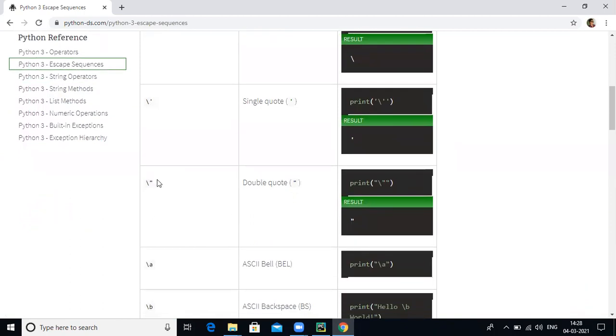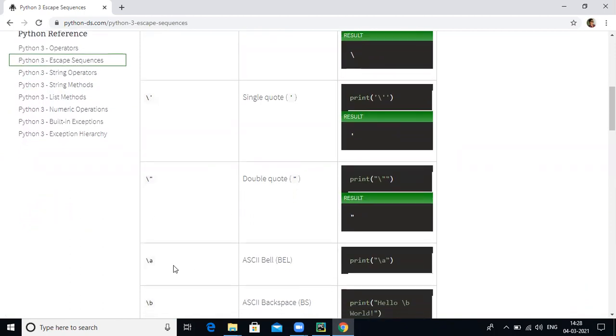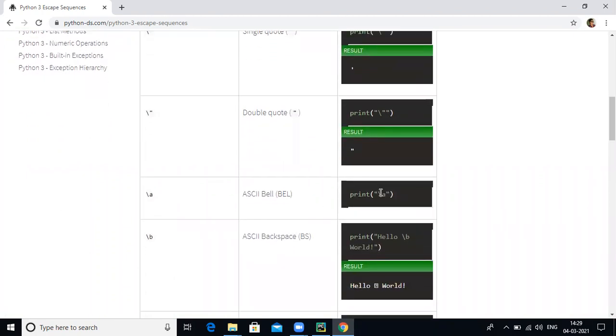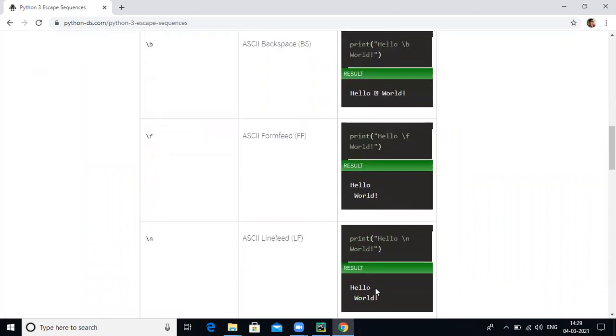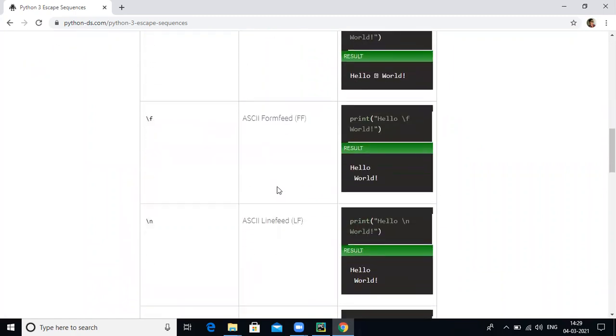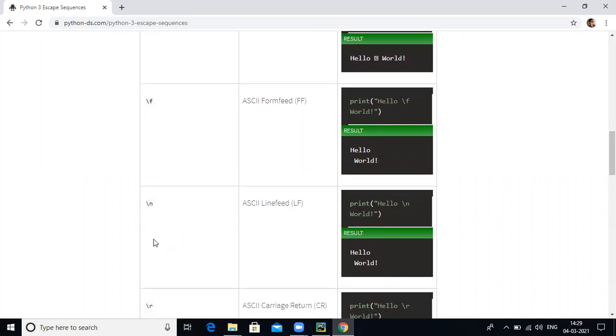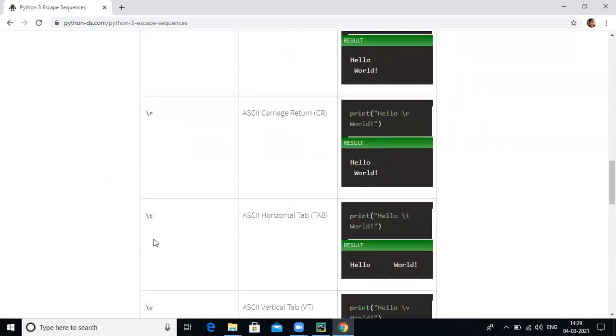After that, the double quote prints a double quote. After that, slash a, this is the ASCII bell. Now ASCII backspace, that's hello backspace and then world. So backspace is like this. After that, slash f, then slash n, then slash r, slash t.